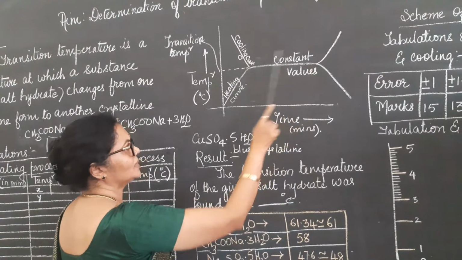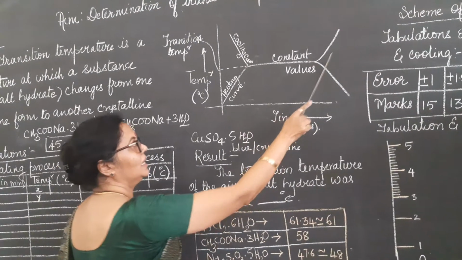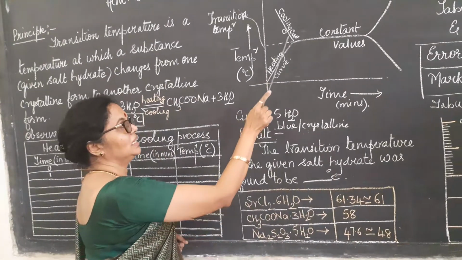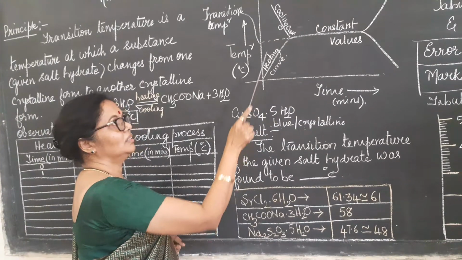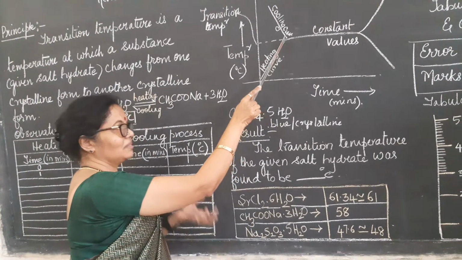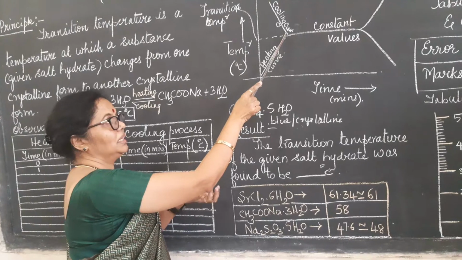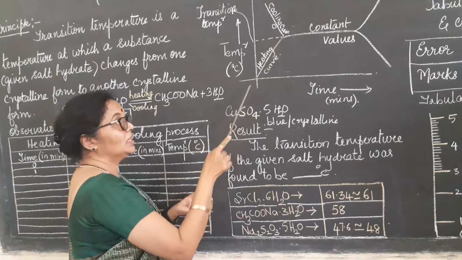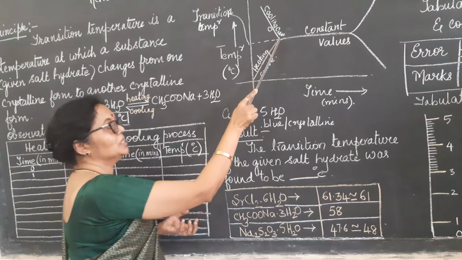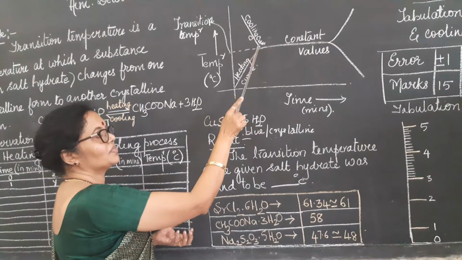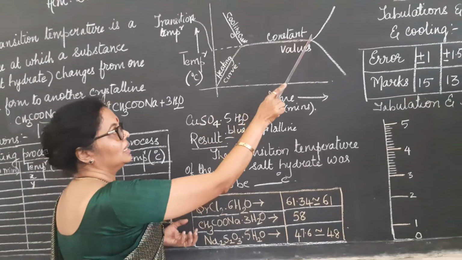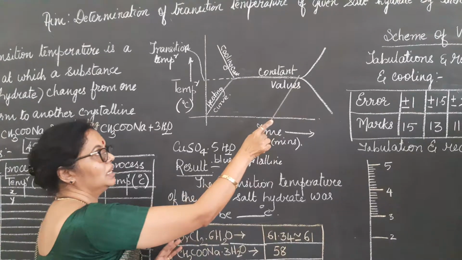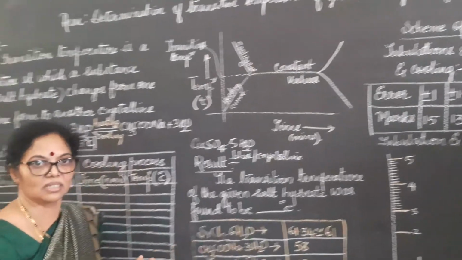And then after a certain interval of time, again it increases. Now what is happening here is, when you are heating it initially, all the heat that you are supplying is used up for just heating up the apparatus, the contents. When it reaches the transition state, whatever energy you are supplying will be used for converting the substance from one crystalline form to another form. Once it is converted, all the conversion of all the molecules is over, again the temperature increases.